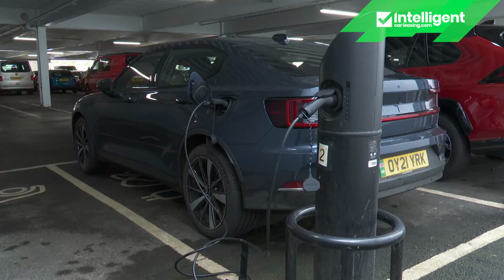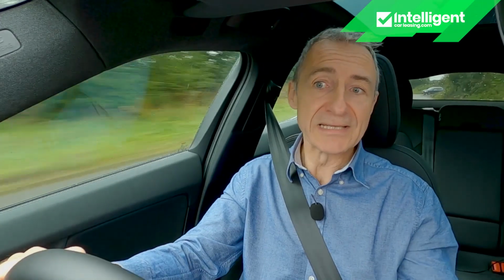of likely customers. Polestar reckons it's merely about a change of mindset in the way that you think about fuel. So instead of driving to a fuel station to refill an empty tank, electric cars, the brand says, redefine parking time as charging time. Now that's great in theory, as long as the parking location you need enables you to plug in. And there, of course, is the biggest EV issue, particularly for UK customers, our nation's awful public charging